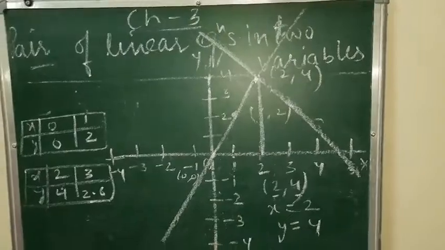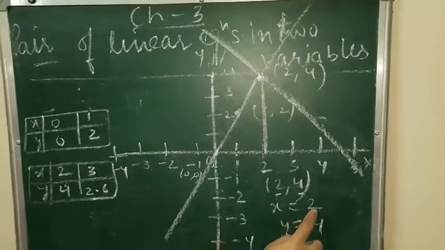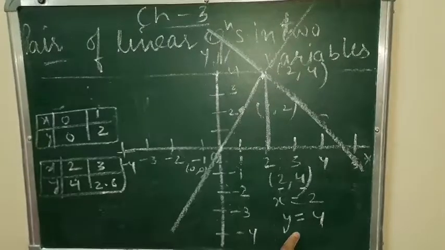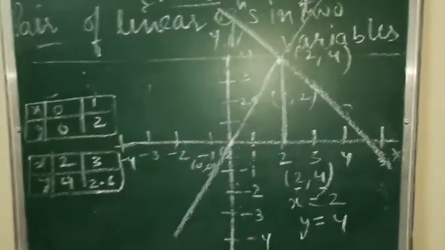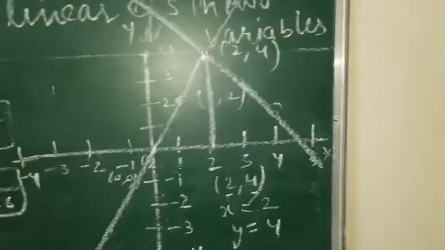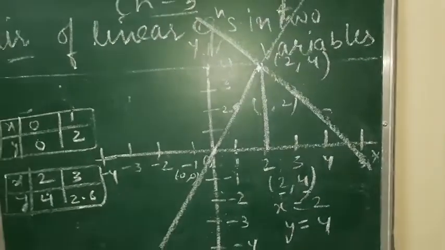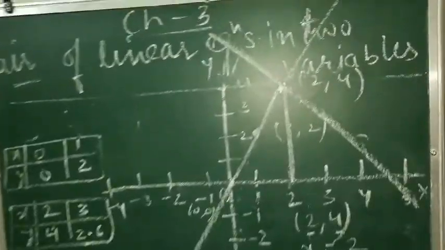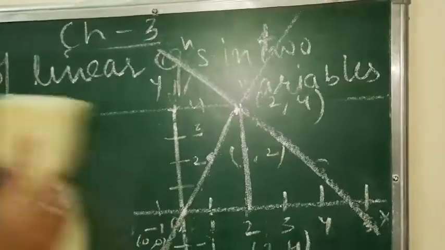That means the number of times she played hoopla is 2 times. The number of times she took a ride on the giant wheel is 4 times. So this is your answer for question number 1. Now let's move on to the second example, on page number 42 of your book.